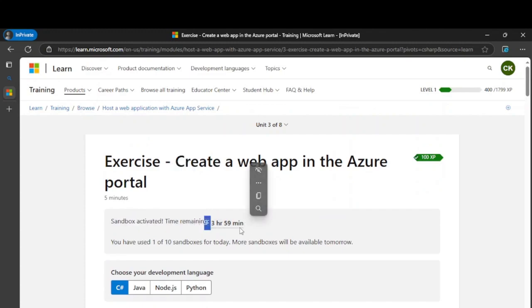It is giving a time limit of 3 hours 59 minutes. But the catch is that I have a total of 10 sandboxes for one day, and one sandbox gives me a time limit of 4 hours. If you multiply 4 by 10, we have 40 hours, but we have only 24 hours in a day. Sometimes one sandbox account is activated and you forgot the session, so you might have to restart, then you can start a second one, and there will be two sandboxes in parallel for you. That might not work for you, so they have given 10 sandboxes, and you can work over 40 hours in a day.